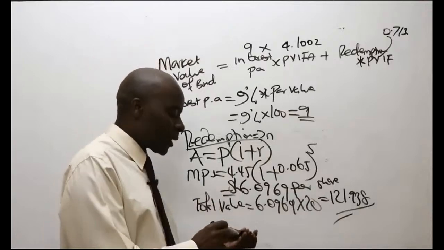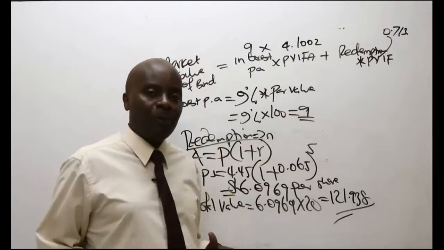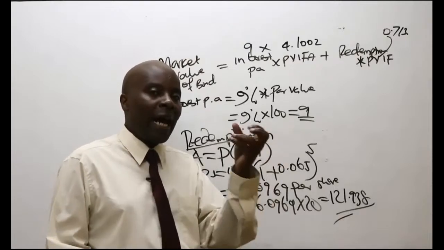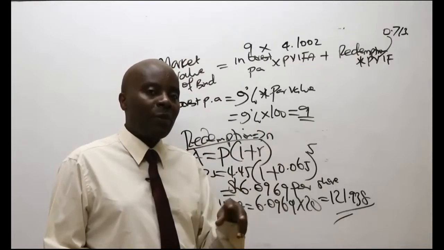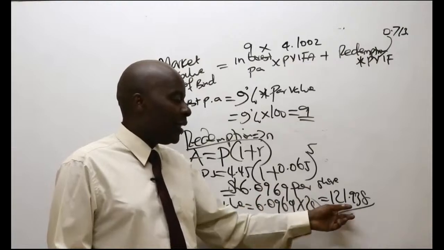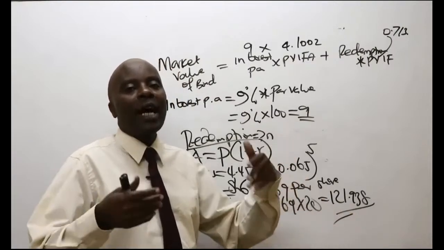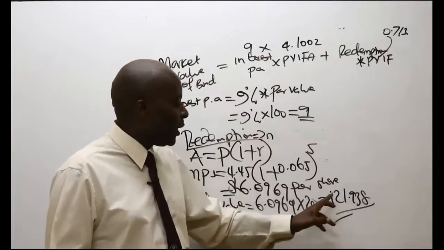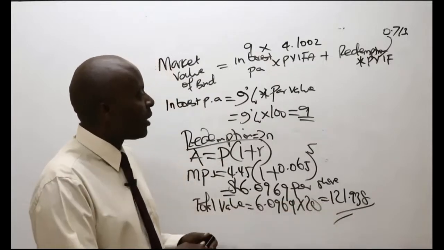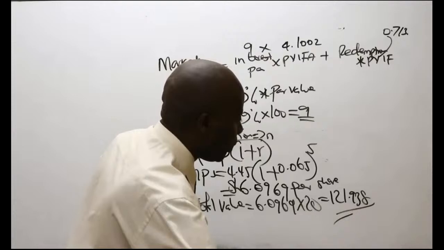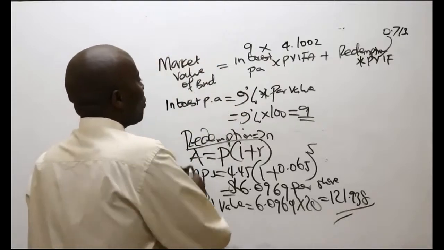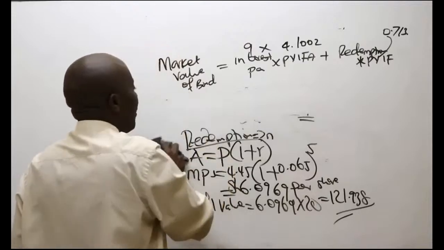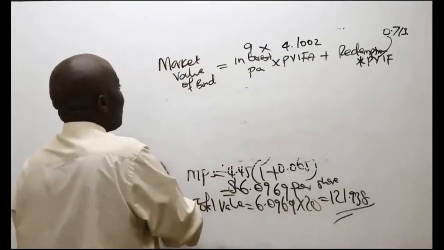Why? Because when it comes to redemption, I'll ask myself, where am I better off? Just releasing the bond, I get 100, or I convert this bond to ordinary shares and I get this amount. Of course, I'll always go for the higher amount. So therefore, the redemption value is 121.938. So meaning, ladies and gentlemen, that at the end of the day, I'll be able to get my market value